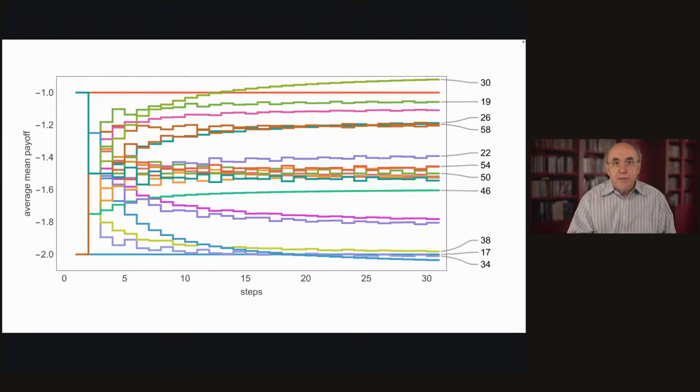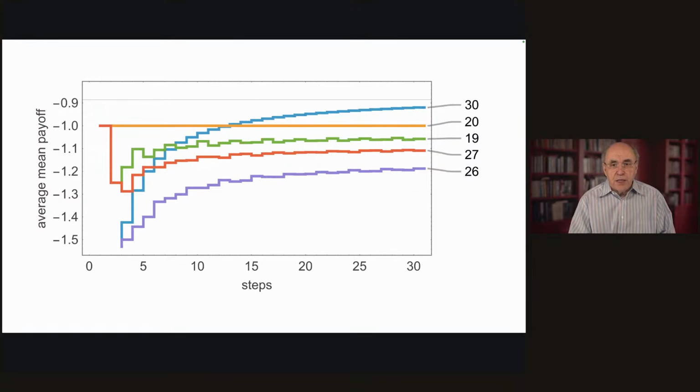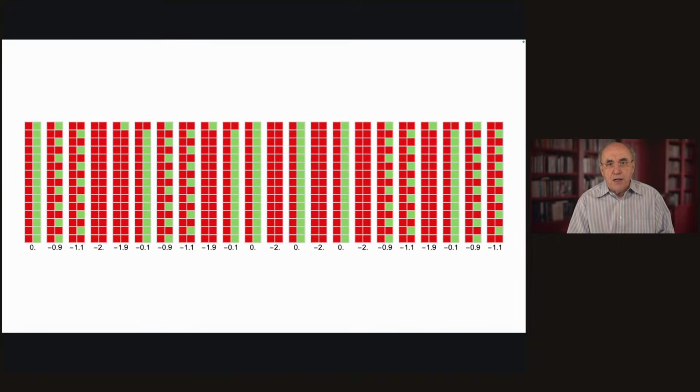So if we zoom in at the beginning, we can see that machine 30 only starts being the winner after 13 steps. Before that, if you average over fewer than 13 steps, machine 30 doesn't look to be the winner. So machine 20 gives a constant average mean payoff of -1 that we see happening here,